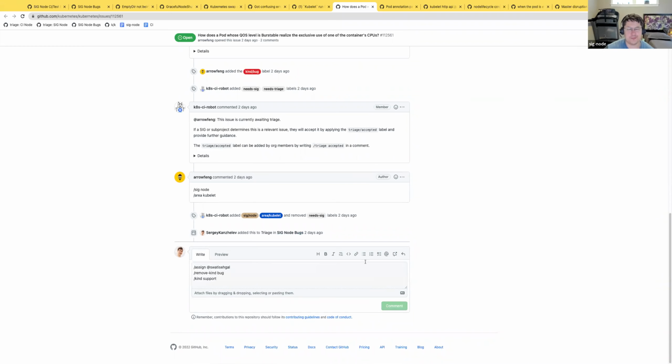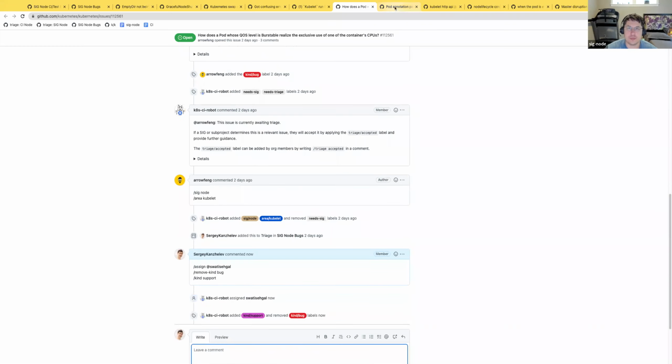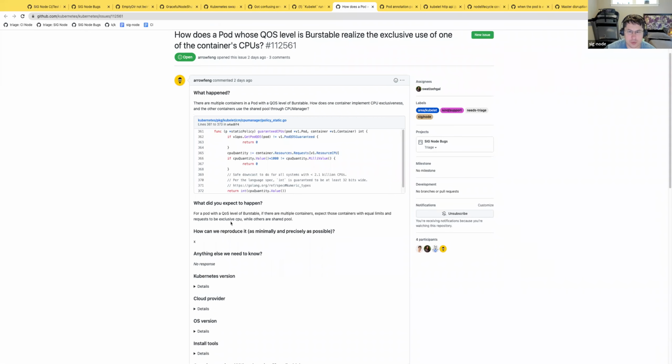So, okay. Can it be a documentation issue? I still don't understand what this person wants. CPU exclusiveness and the other containers use a shared pool. Is it support or documentation? Not sure.